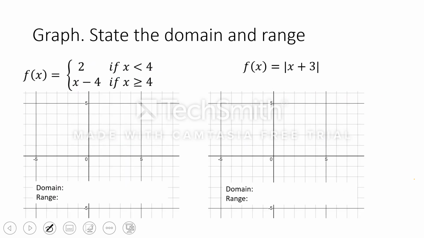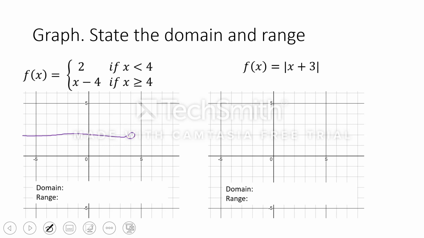Let's talk about domain and range. Way back from the beginning of the year, we talked about domain and range. These are the functions that we just plugged numbers into to evaluate, and now we're going to graph them. So if x is less than 4, f of x is just the line y equals 2. The y value is 2 if x is less than 4. So anything less than 4, all the way up to here,